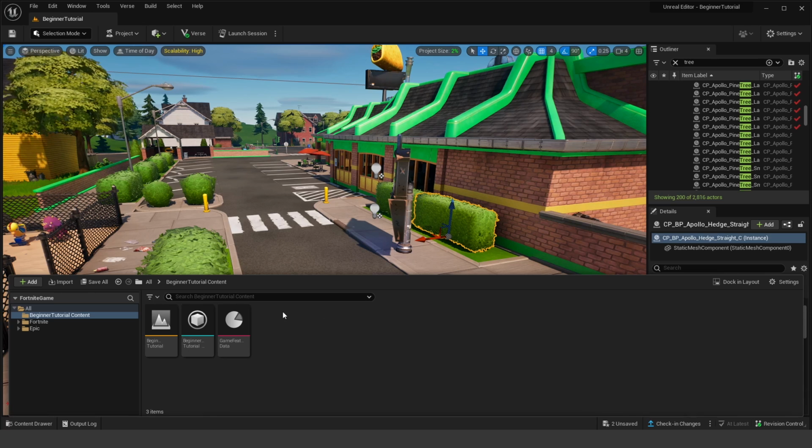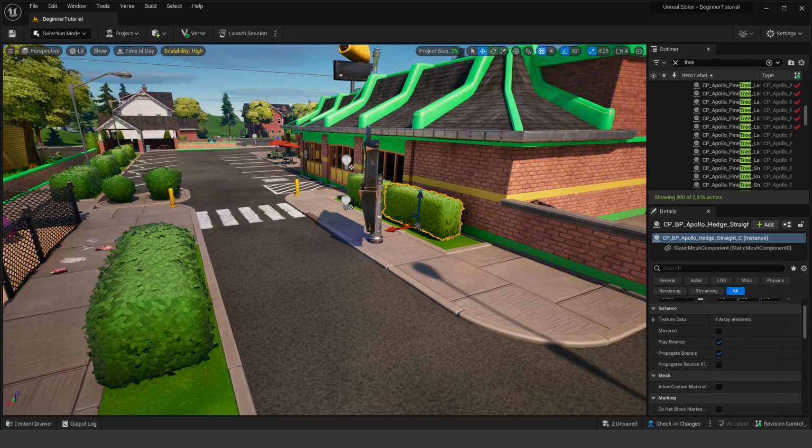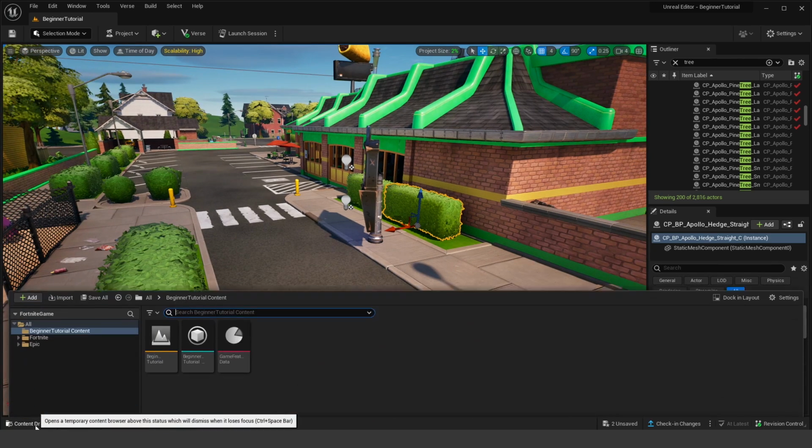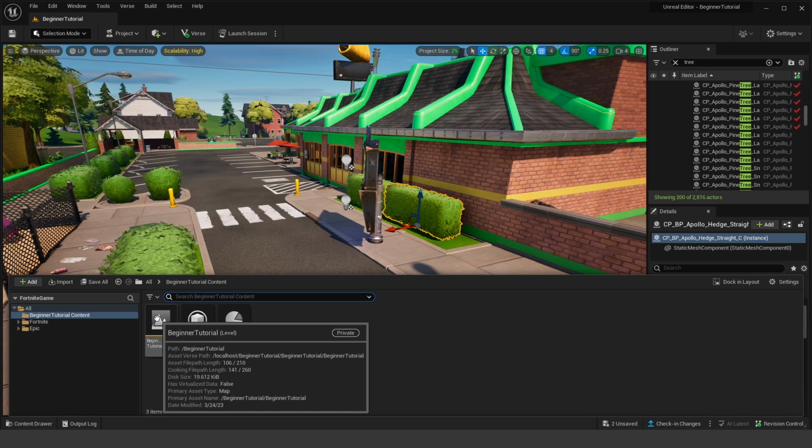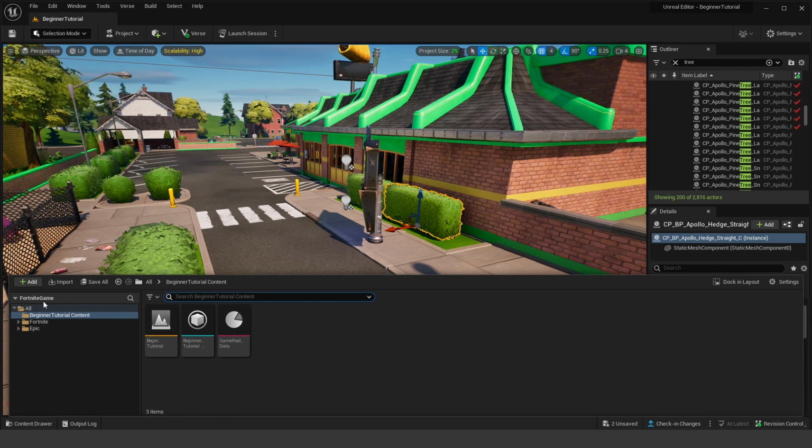Now the content drawer is where you can drag in assets or 3D models or objects from your content drawer inside of your game. So here is where you're going to store all the 3D models and everything that you're going to use to actually build your game. So what you're going to see here right now is we have our Fortnite game, and